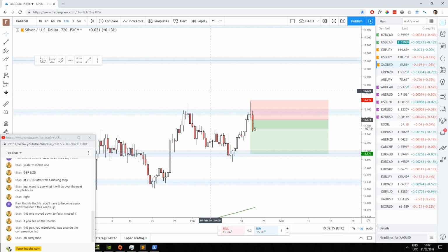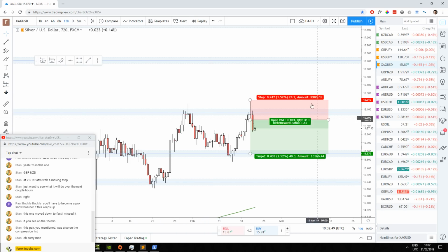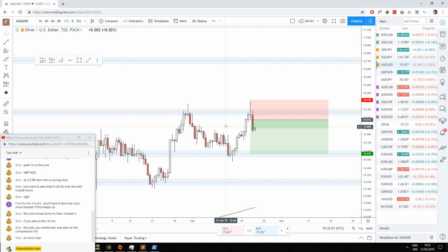And I'll do it with new setups. When I'm testing new setups, I don't test them with real money. I test them with demo. First demo, then I put on real money, reduce position size. And then once I'm comfortable with it, I'll do my normal position size. So technically I am in this trade, but it's demo. So it's obviously not real money. So anyway,